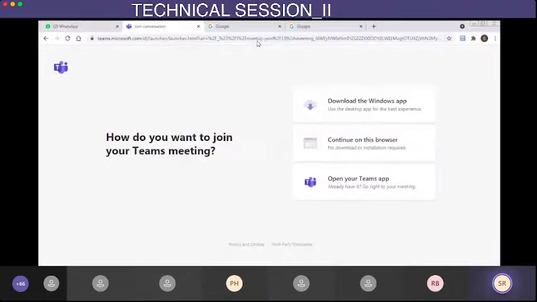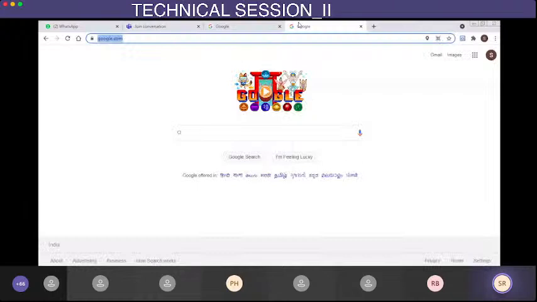So what you see before me is just a browser. I want to start from scratch. Discussions will be targeted at the participants, students. So students, feel free to stop me at any point of time if you feel there is a need to ask.